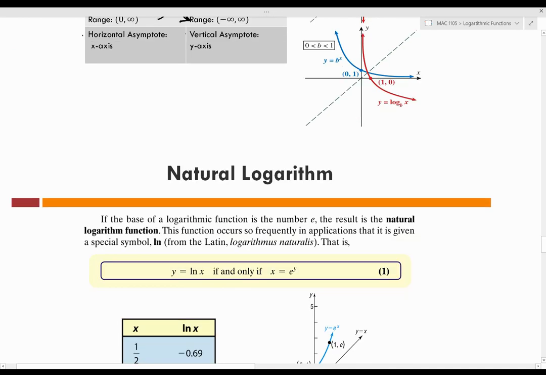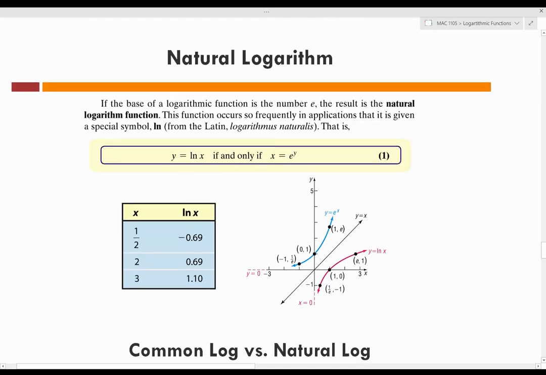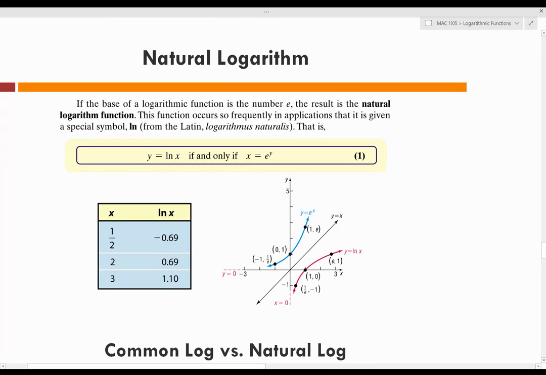All right, let's talk about the natural log. If the base of a logarithmic function is the number e, the result is the natural logarithmic function. This function occurs so frequently in applications that it is given a special symbol, ln. So we'll have y equals ln x if and only if x equals e to the y power. Usually we're used to our logarithmic functions looking something like this,